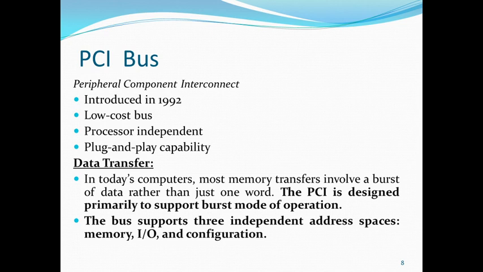The PCI is a good example of a system bus that grew out of the need for standardization. It supports the functions found on the processor bus, but in a standardized format that is independent of any particular processor. The devices connected to the PCI bus appear to the processor as if they were connected directly to the processor bus. So they are assigned addresses in the memory address space of the processor.